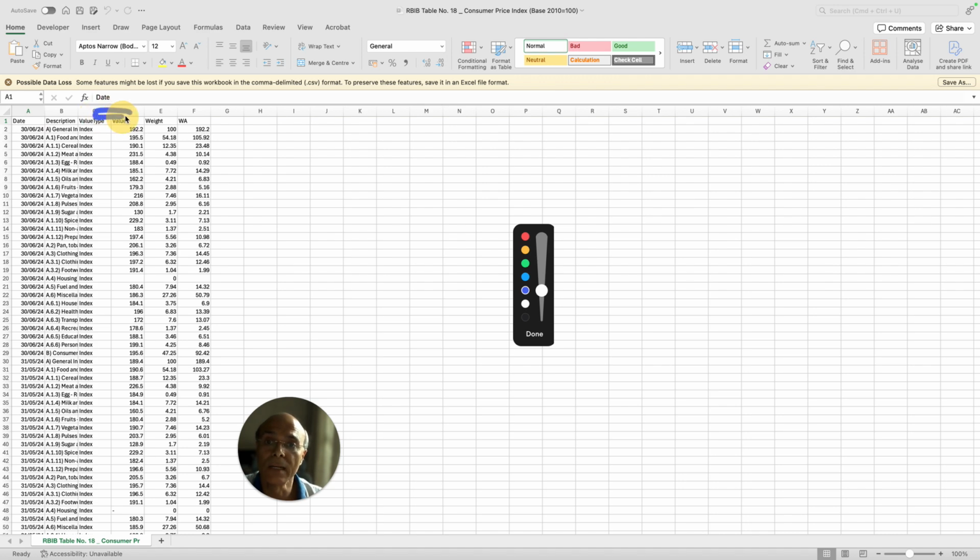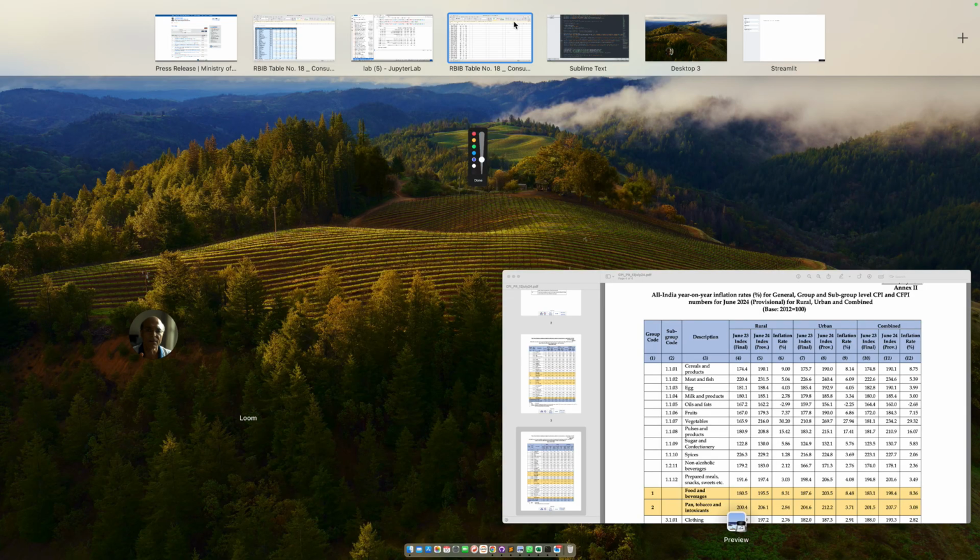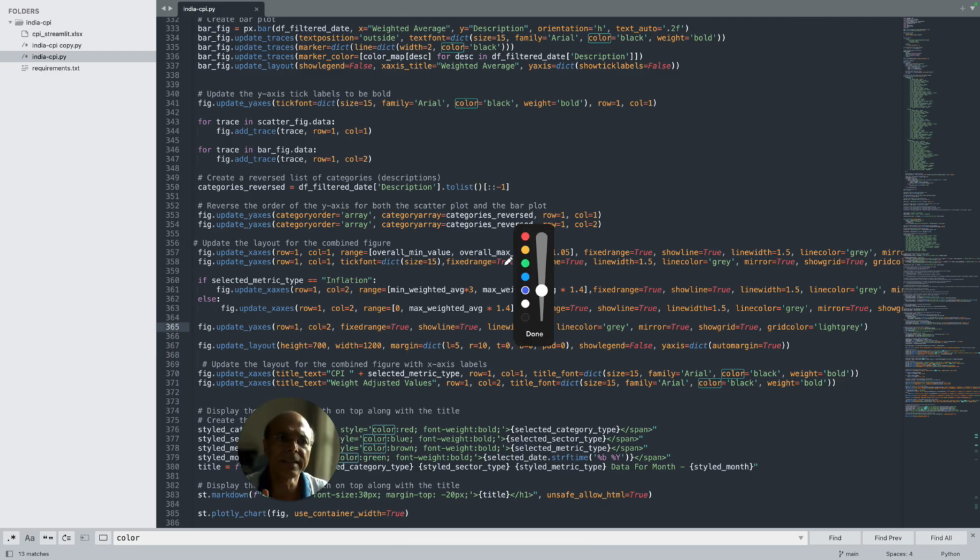The value multiplied by weight will give you this weight, WA column. So this column is going to be very, very important. I'm going to show you what this means and how you will be able to use this to analyze the data. Now, using this and using a Streamlit based application, which is the code here,